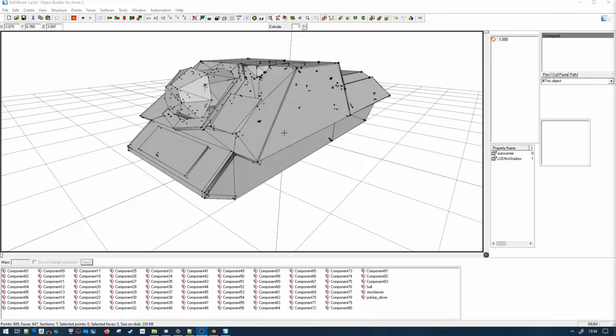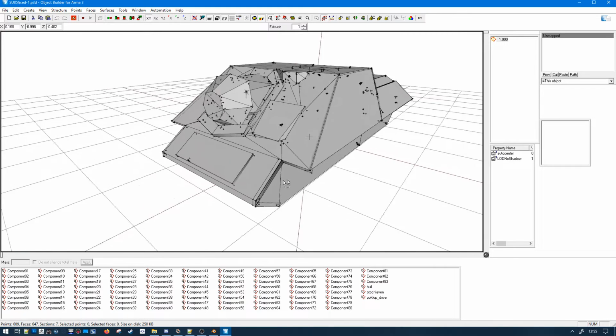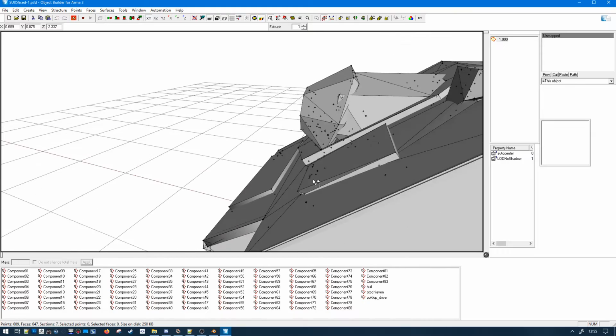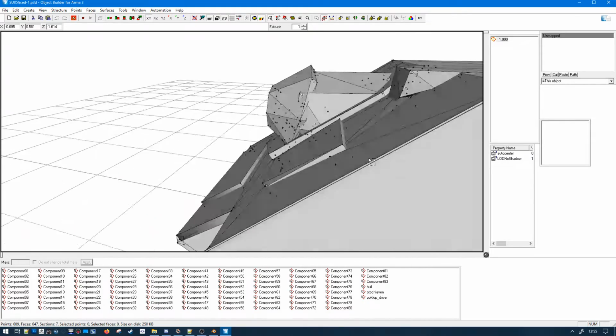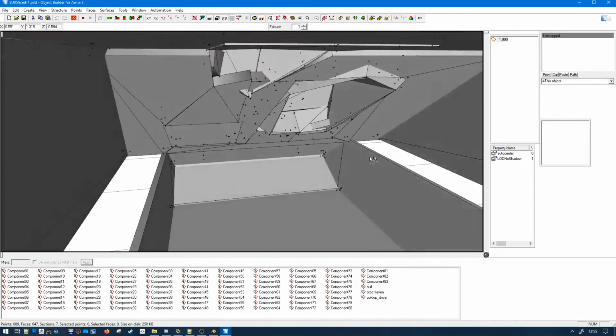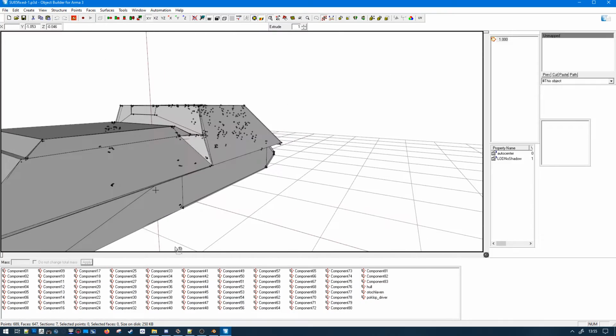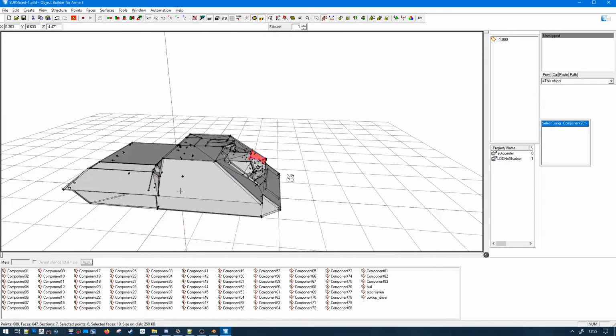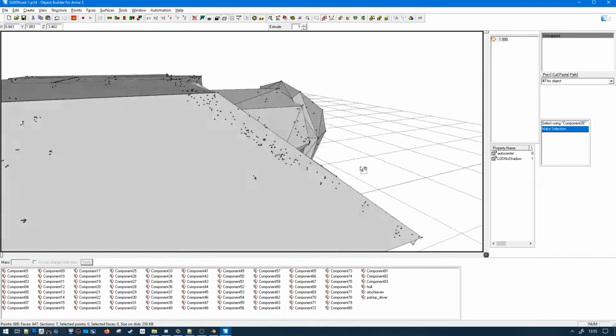So we are here to see how to improve fire geometry in Arma 3, and I'm with Bax, my fellow friend in the IFA3 team, who is going to interact with me on this tutorial. So we have a basic hull fire geometry with all the components with materials assigned, and we want to improve